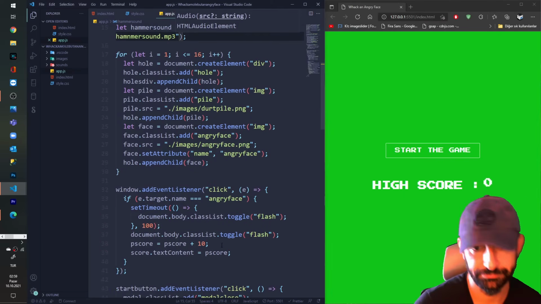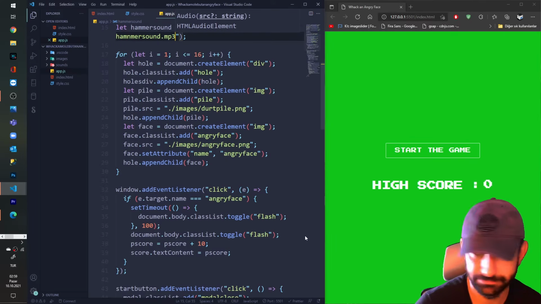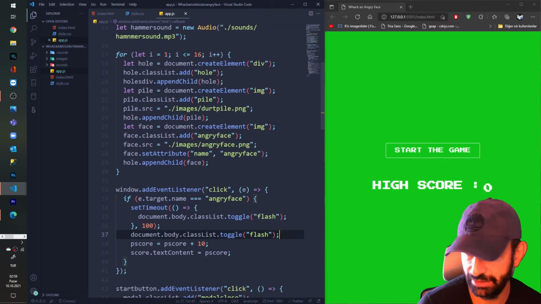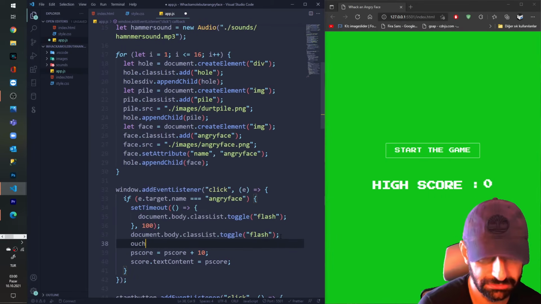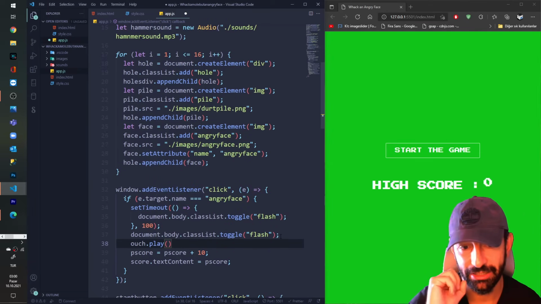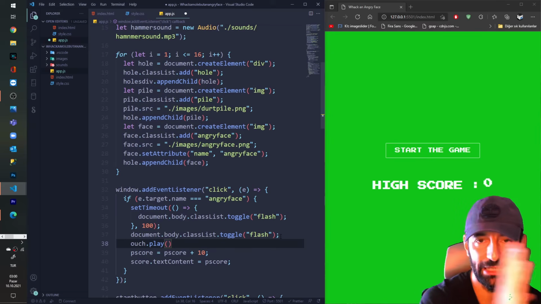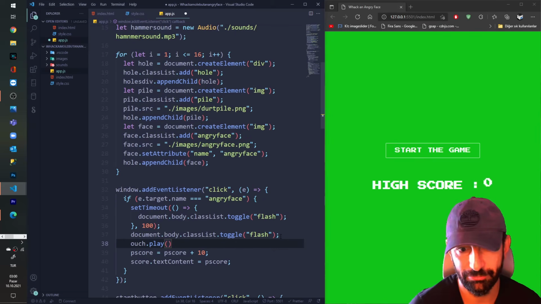Okay, go back to my ouch face, and before I increase the score, I say ouch dot play the sound. As soon as I play the sound, I want to reset the timer and go back to my start position of the sound,